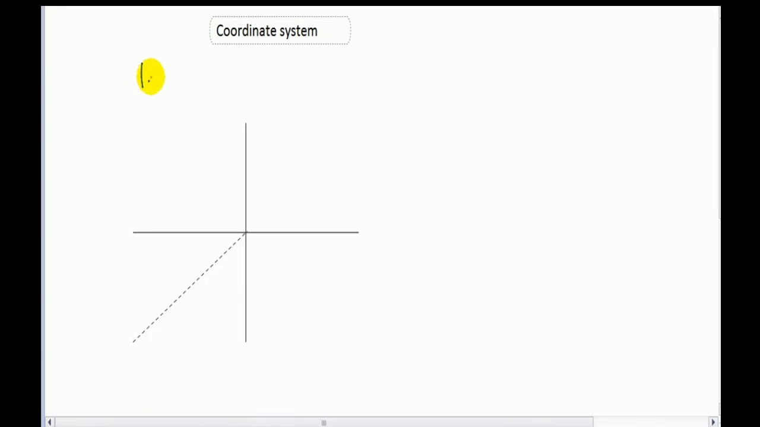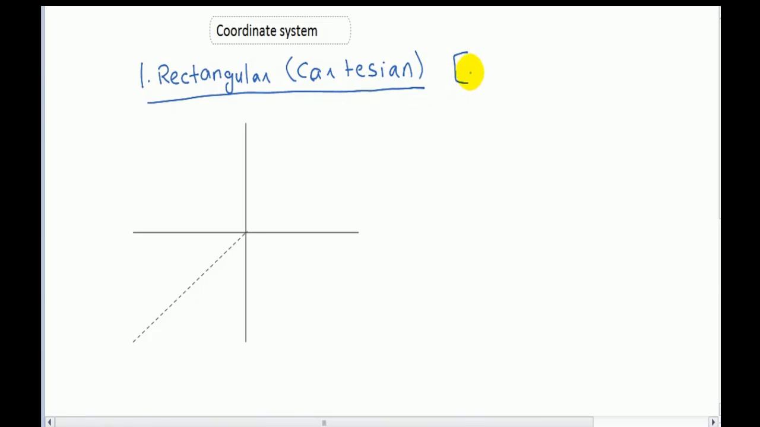So first one is rectangular or Cartesian coordinate system. In this we will be having three parameters as we have seen earlier, x, y and z, for locating certain things. Like if I want to locate a point,